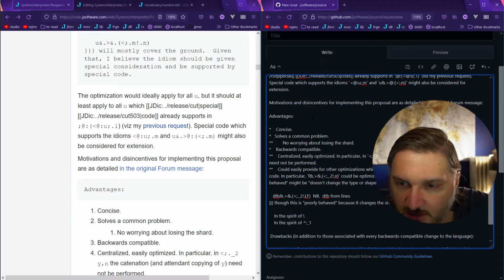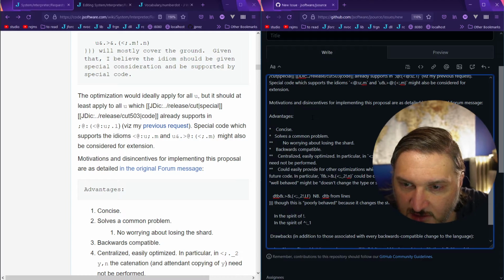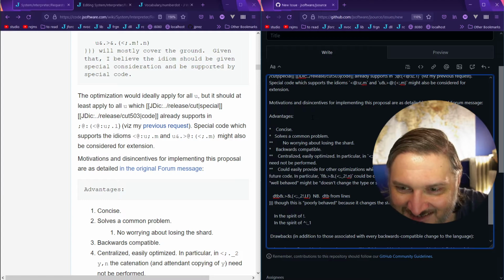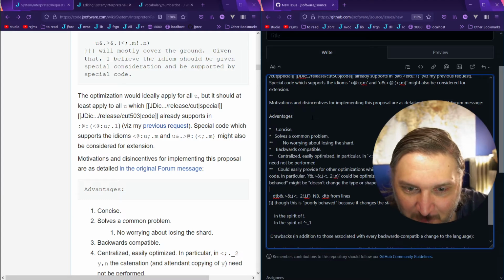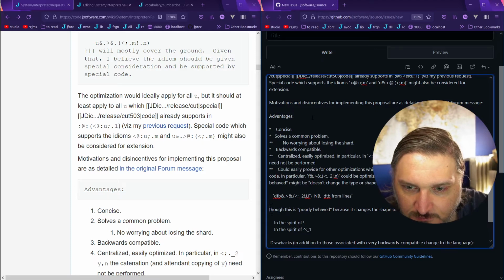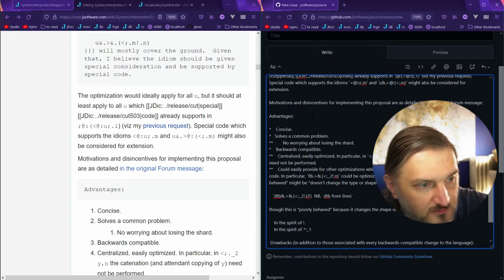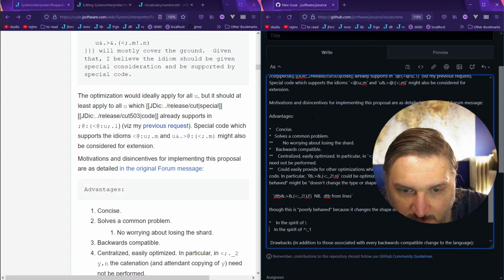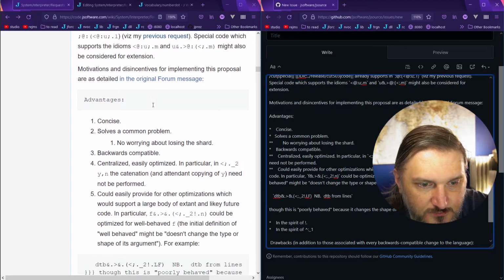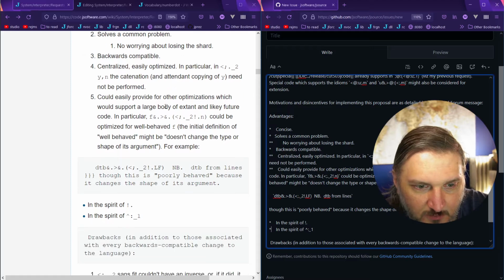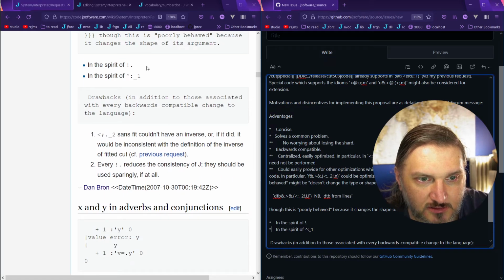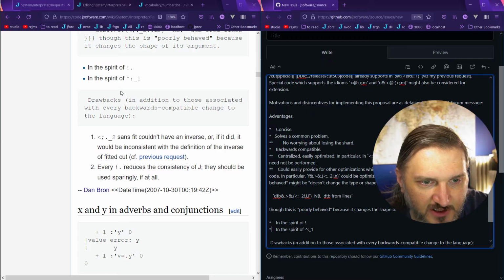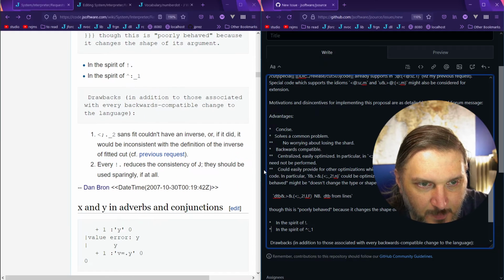And, oops, I can fix English, maybe, if I could type. And likely future code. Shape of its argument in the spirit of. Oh, those are supposed to be numbered, but whatever. So this was already imported from an older wiki, I think, and you can see it's all screwed up. So, in the spirit of